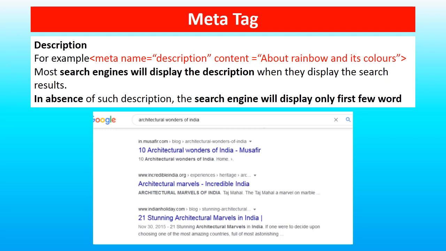You can see something is written. First thing is website name. In these three results which we can see, first thing is website name, then something which is displayed in bold and in blue color, and below that something is displayed in normal font, right? So the thing which is displayed in normal font is the thing which we can display using meta name is equal to description and content is equal to so and so.